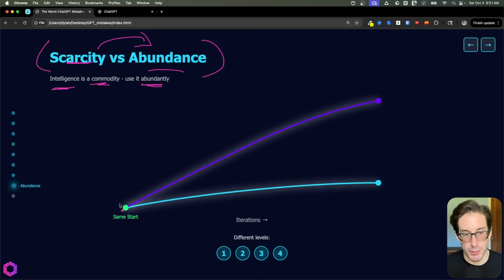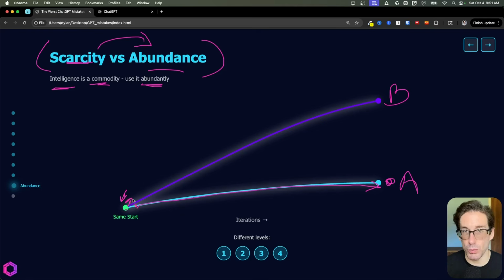And this chart here represents a point that I wanted to make around iterations. Here we have a starting point. This is the same starting point. What this represents is maybe we make a slight change to a prompt. Here we have prompt A coming out here in the light blue, and we land in this position. But here we have prompt B. For prompt B, we're going to make a slight change. Maybe we add one or two words to the prompt.